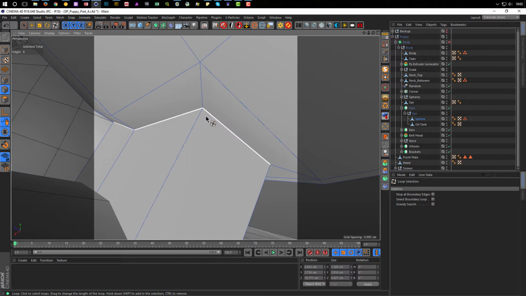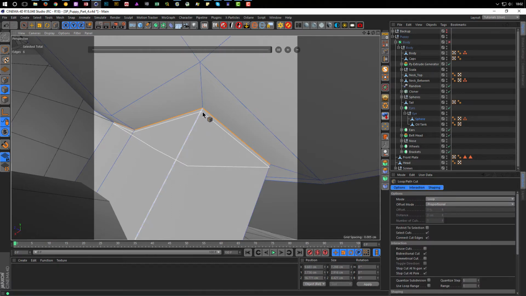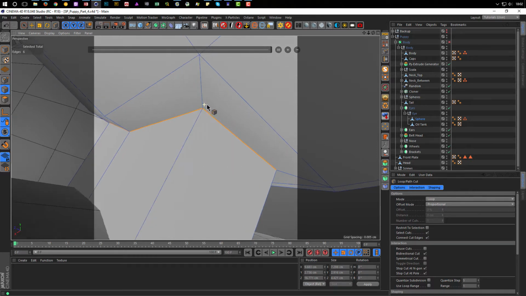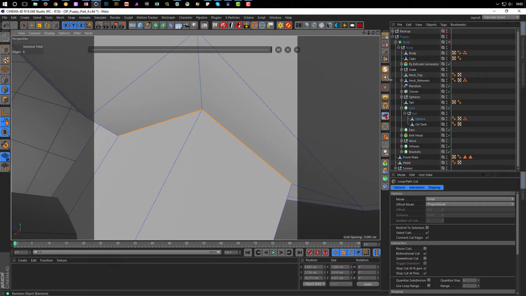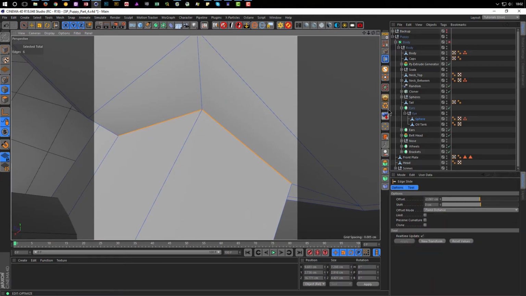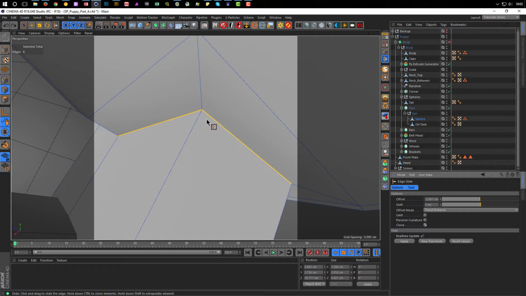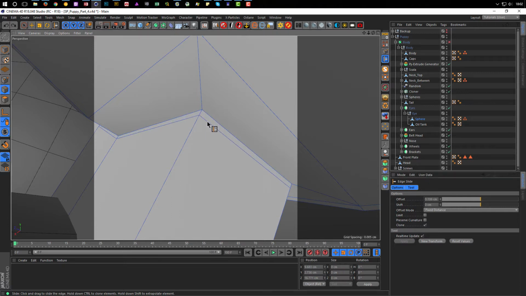So what I do normally, I use the loop cut, but sometimes the loop cut does not really work. Here it would work nice. Here it's okay, but sometimes you don't get a nice result. Then you can use the move tool again with MO, and in the move tool go to clone. And now I go back. This is the only one thing. So and now you can clone the edge here. Just drag it down, and this works sometimes better than